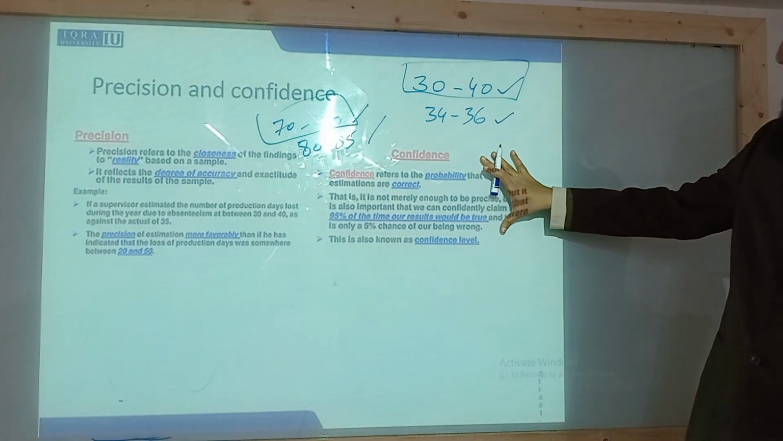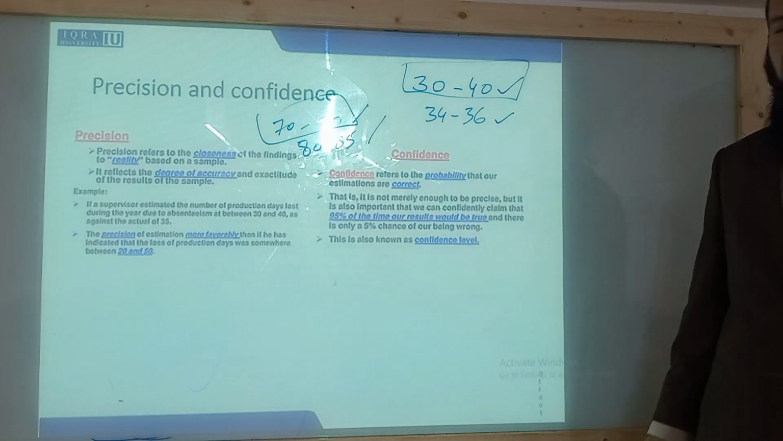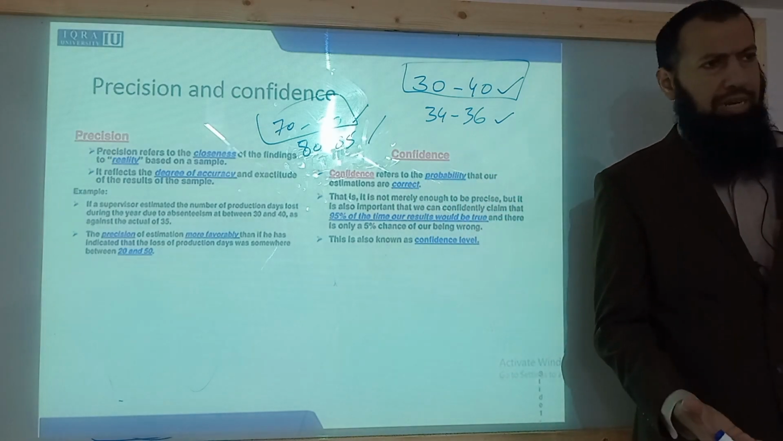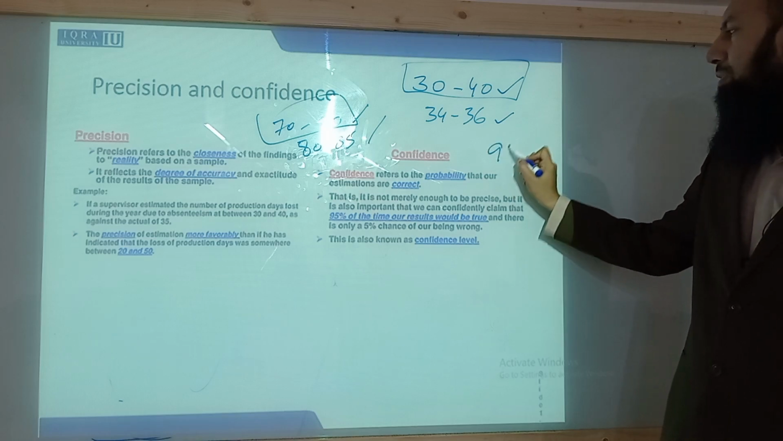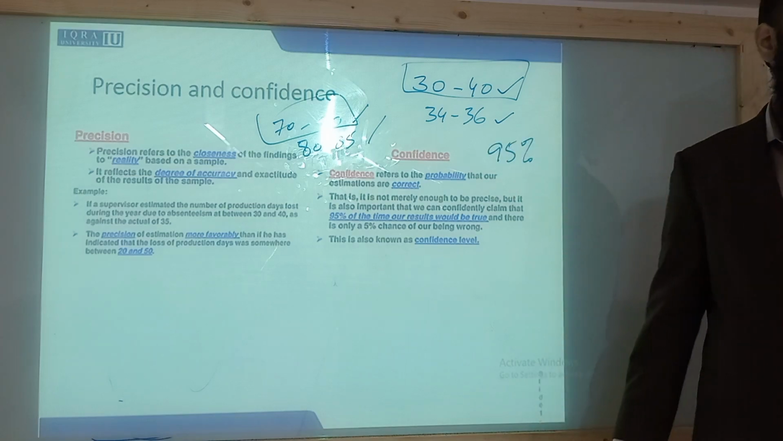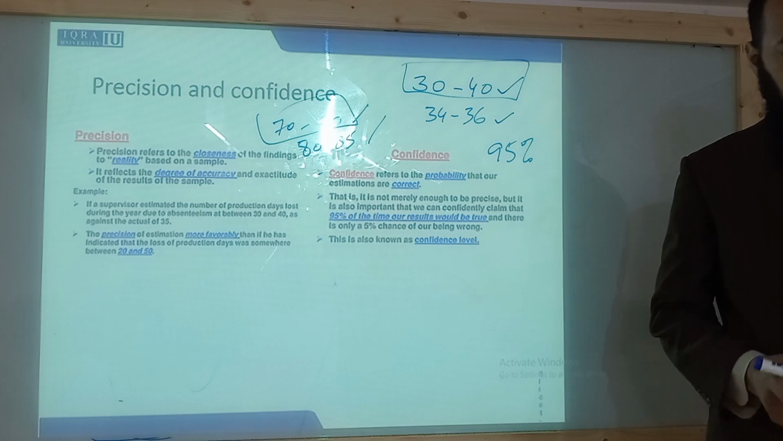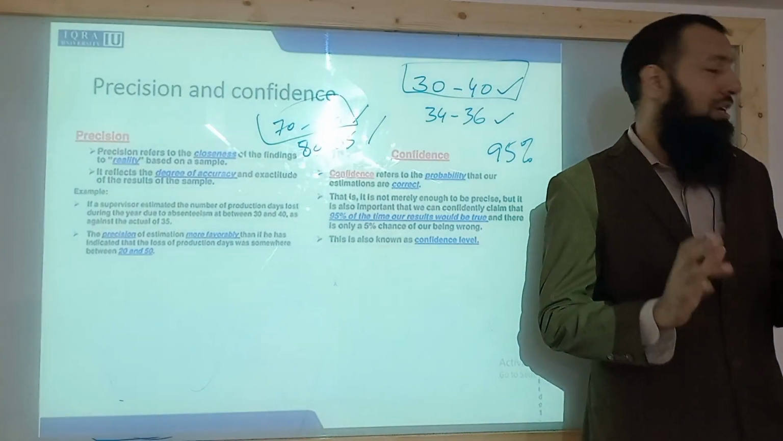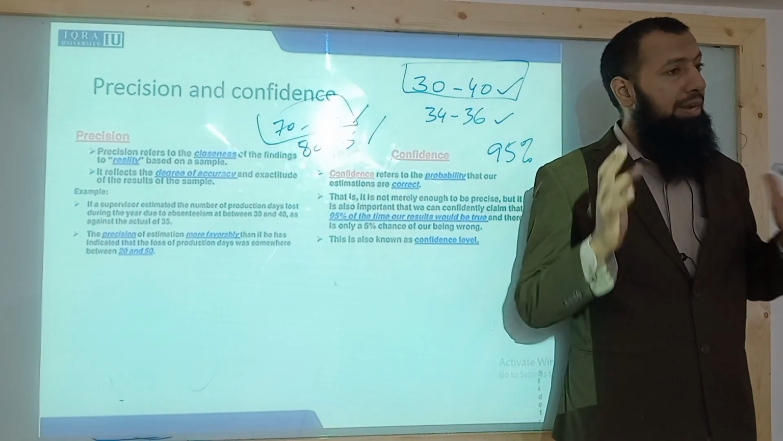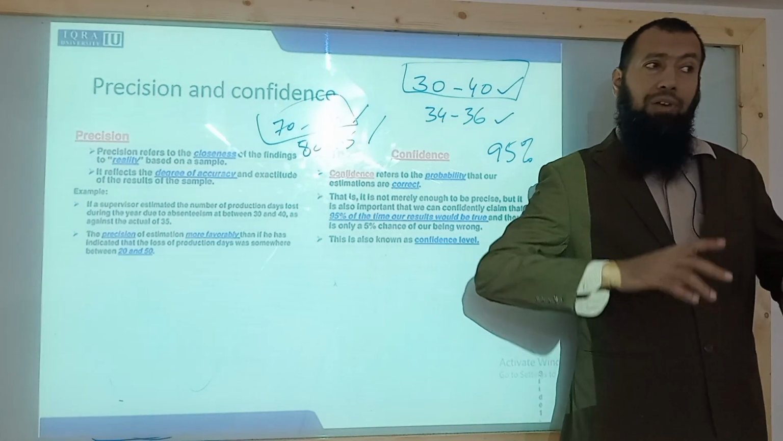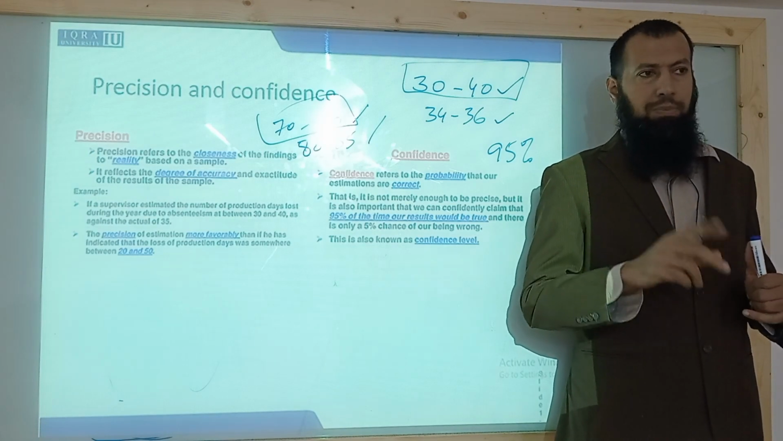When we talk about confidence, it refers to the chances that our estimations are correct. When we say 95% chances, what does that mean? 95% confident. We are 95% confident. It means if we conduct the experiment 100 times, 95 times we would get the same results and we are confident. But 5 times